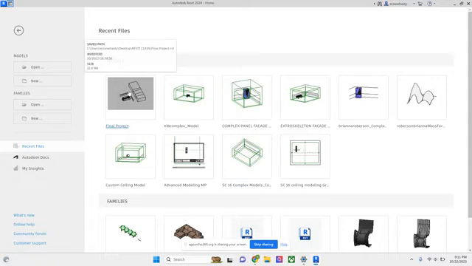Okay, yeah, that's a lot of screens. I think it's